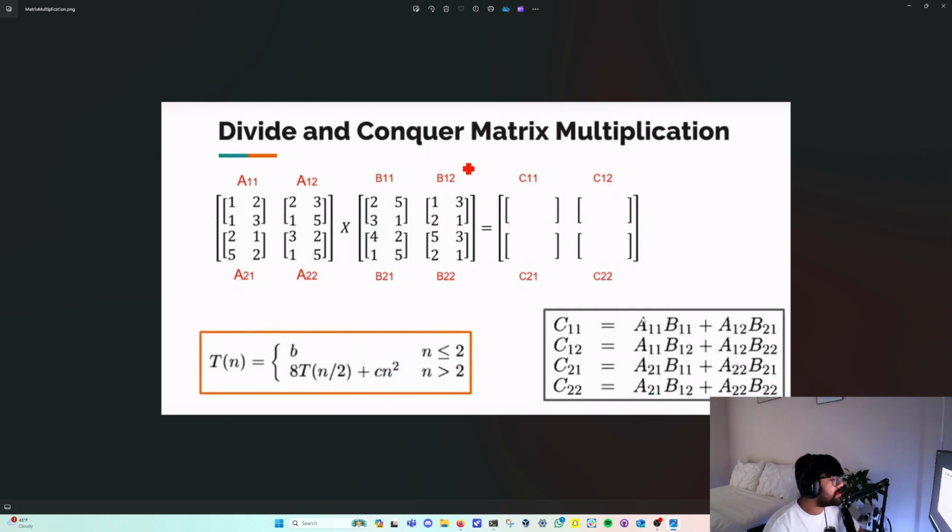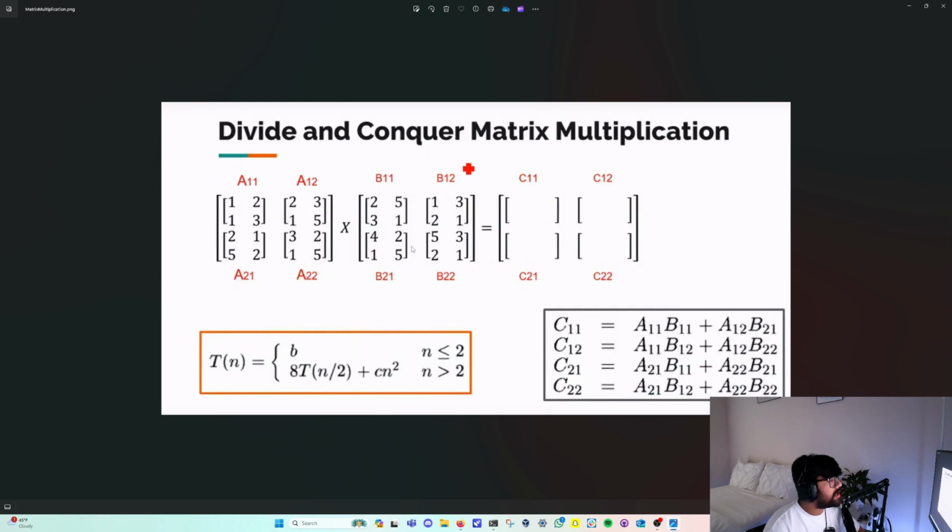C11 is going to get multiplied with A11 and B11, because in a 2 by 2 matrix, you would multiply this element with this element, and then similarly, you're going to follow the same pattern, which happens over here. So C11 gets filled with the sum of A11 and B11